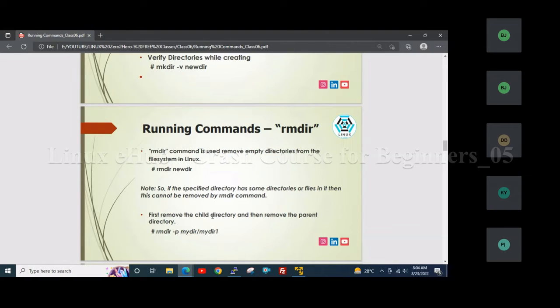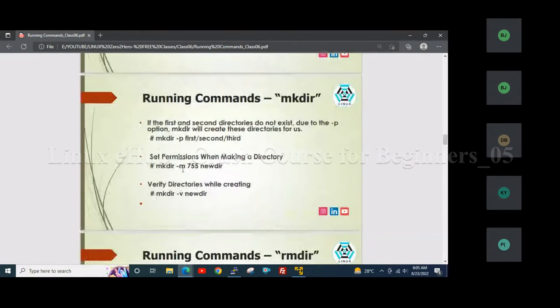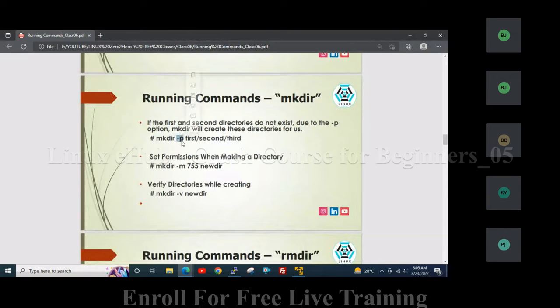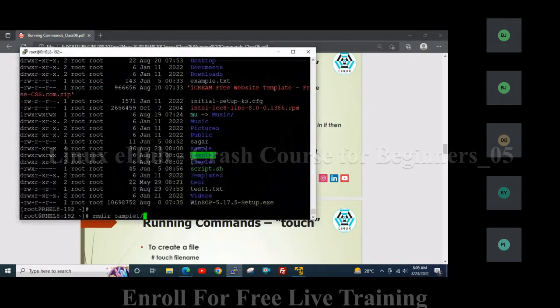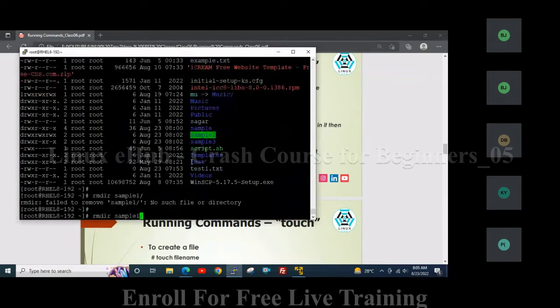First remove the child directory and then remove the parent directory using the -p option. So previously you can remember that using the -p option, it creates the child directories. Likewise, using the -p option, it will also delete the child directories. So let's try it and see. Now only using the rmdir command, it is unable to delete. Whenever you use the -p option,